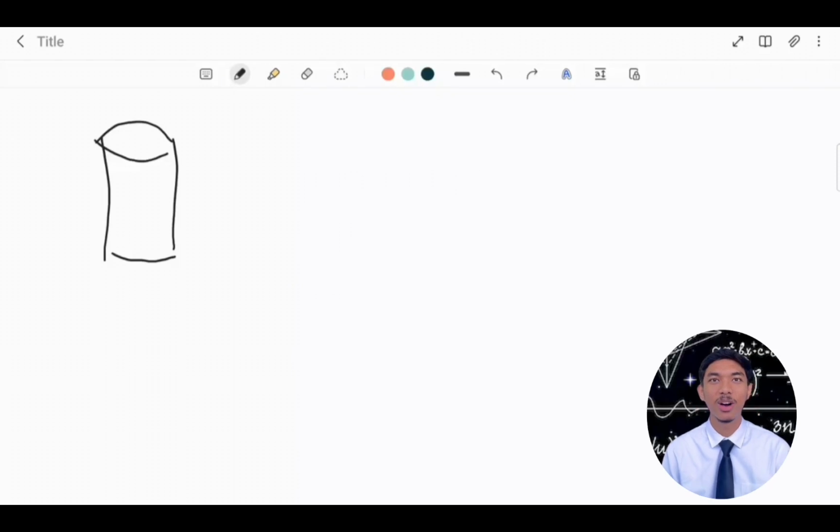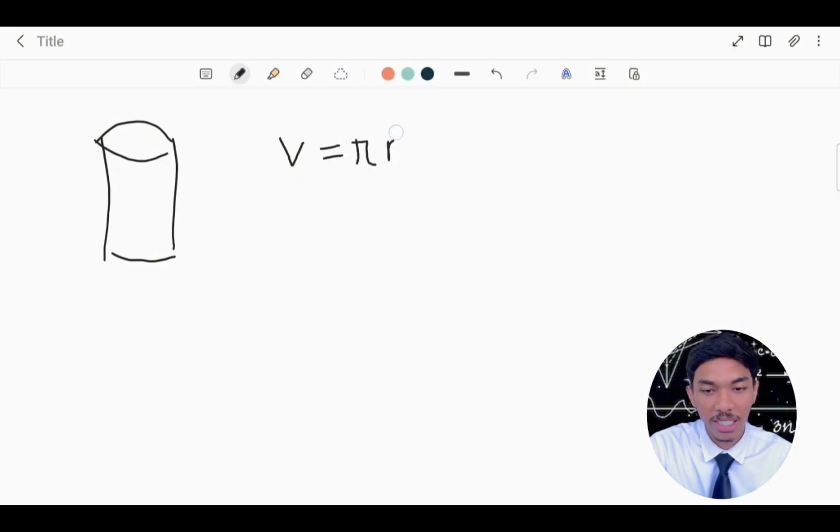Hi guys, now I will show you how to solve this question. Okay, the question asks us to find the rate at which the water level is rising when the water is 6 meters deep. To find this, we can use the formula for the volume of a cylinder, V equals pi r squared h, where V is the volume, r is the radius, and h is the height. Given that the tank is being filled at a constant rate of 5 cubic meters per minute,